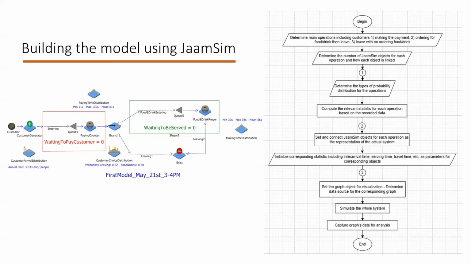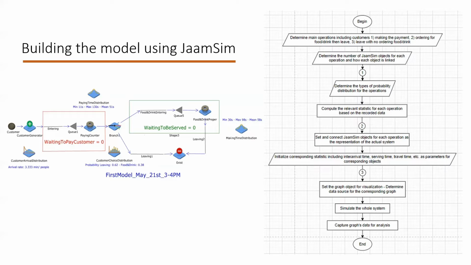And importantly, determine the number of Jamsim objects for each operation and how each object is linked. You can see on the left here the diagram of the first model. Next, when we have the objects put in position, we have to set and connect all the Jamsim objects together,